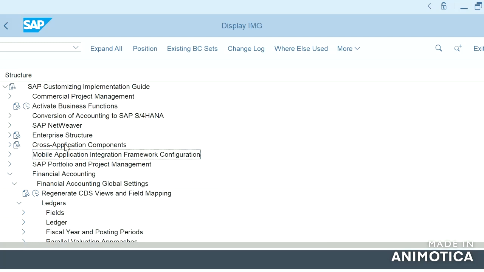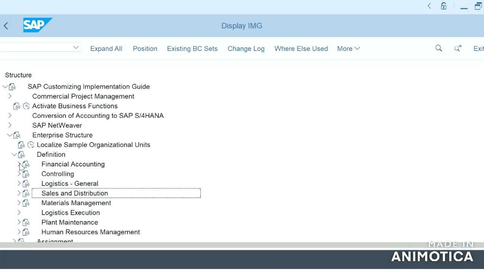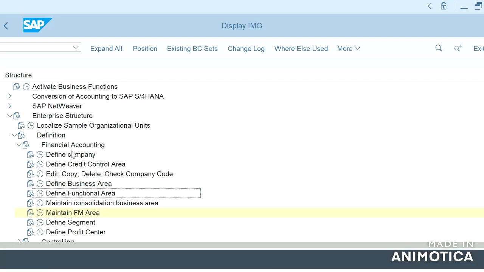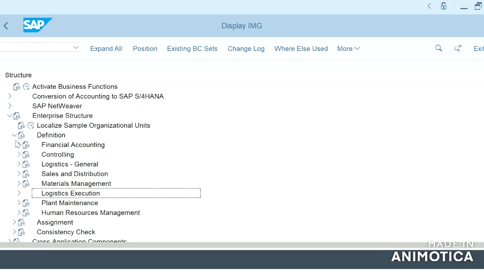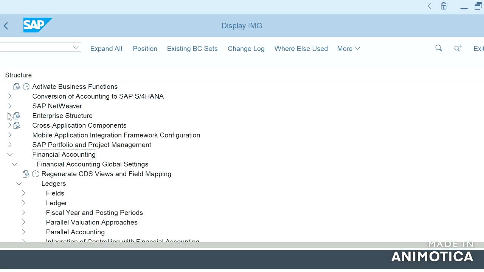You can see the nodes are totally different. In enterprise structure, we have seen all the organizational units in financial accounting. Now the node is totally different, and we will go to financial accounting.